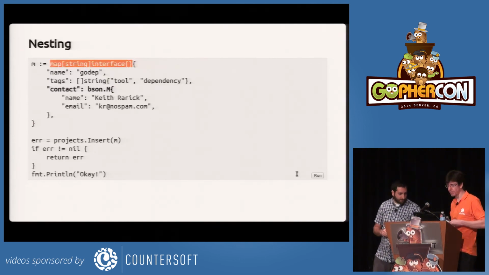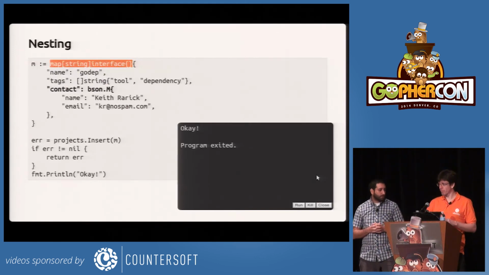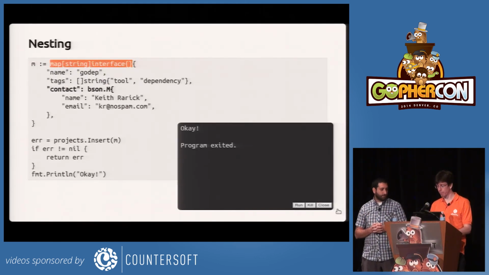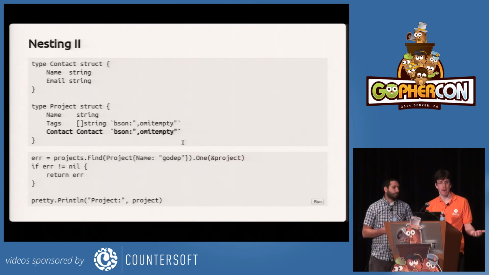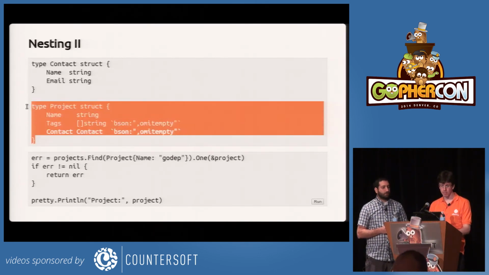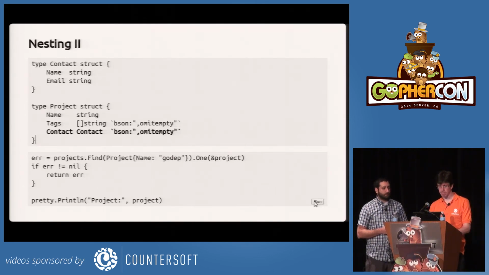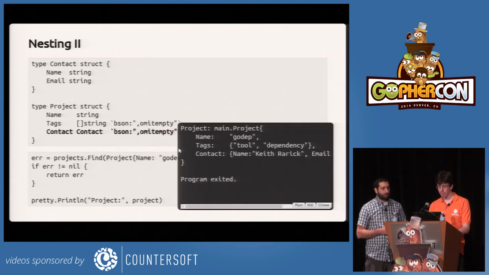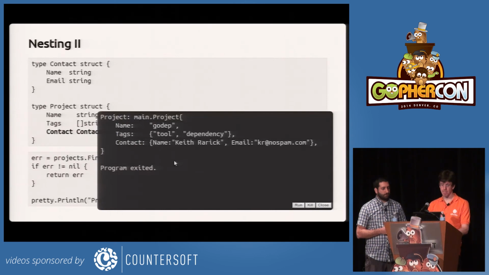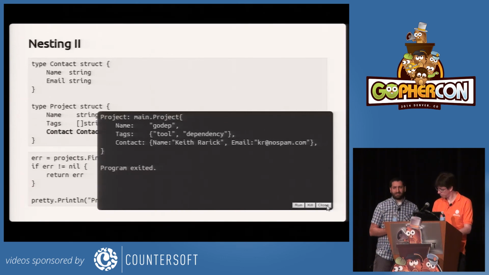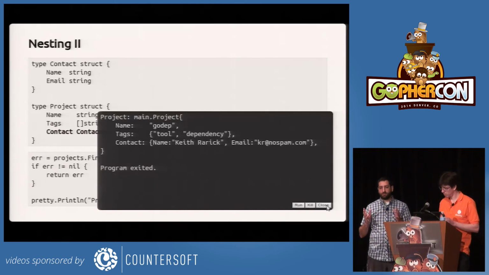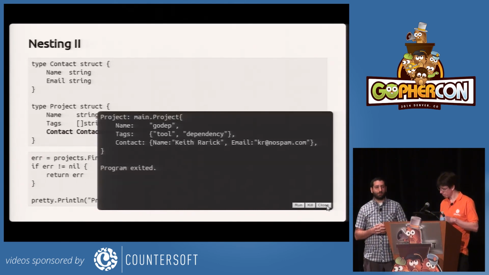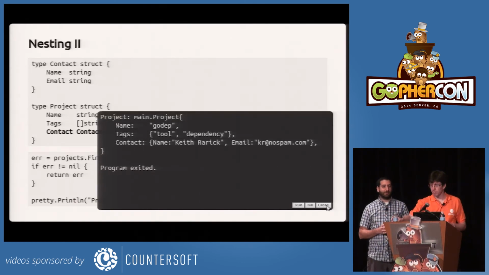So let's run this. And it inserted what we were looking for. And now we can load it back. But instead of loading in a dynamic map, we're going to load it in a structure. One interesting thing, if you haven't used it, we've highlighted a little bit of Keith's work, and I want to pronounce your last name as Rarik, but I have no idea if that's how you pronounce it. We're using his Pretty Print tool. If you haven't used that yet, it's really convenient. You should be using Pretty Print because it makes things look pretty, and that's nice.